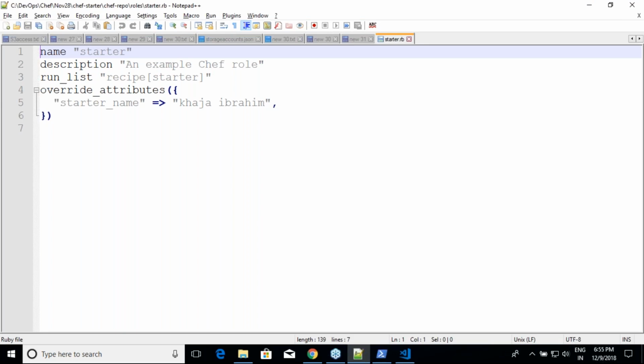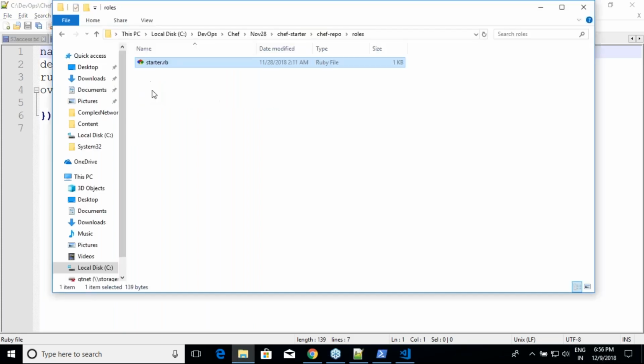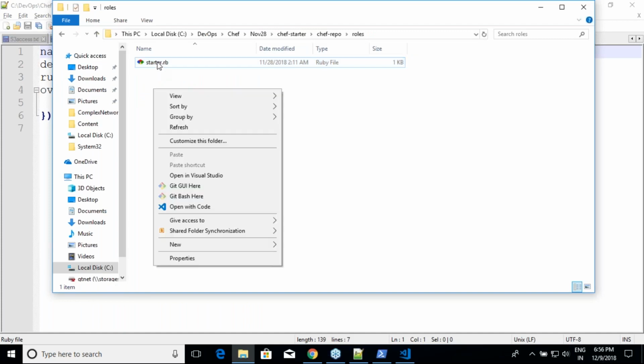yes. Now, can I create the same thing with another RB file, or for two roles, which is webserver.rb and dbserver.rb, and make changes so that it will match my needs? Is it very difficult work to be done? No, right? Okay. So these files cannot be generated. You have to copy and paste them. There is no way to generate these files. All right.